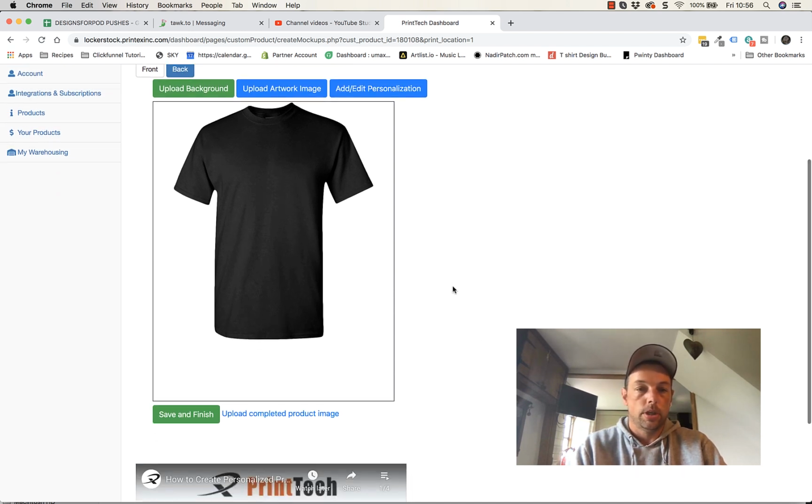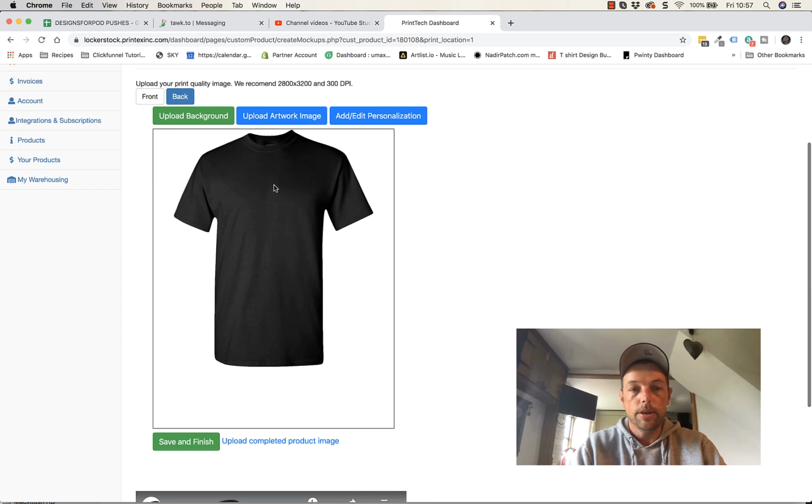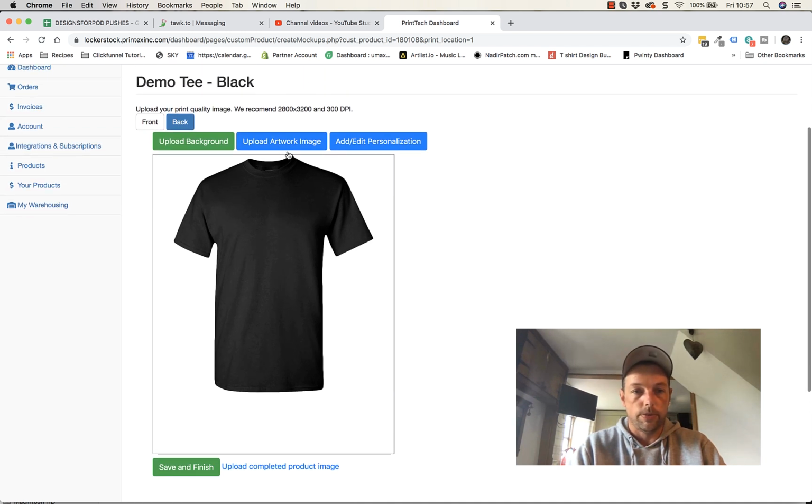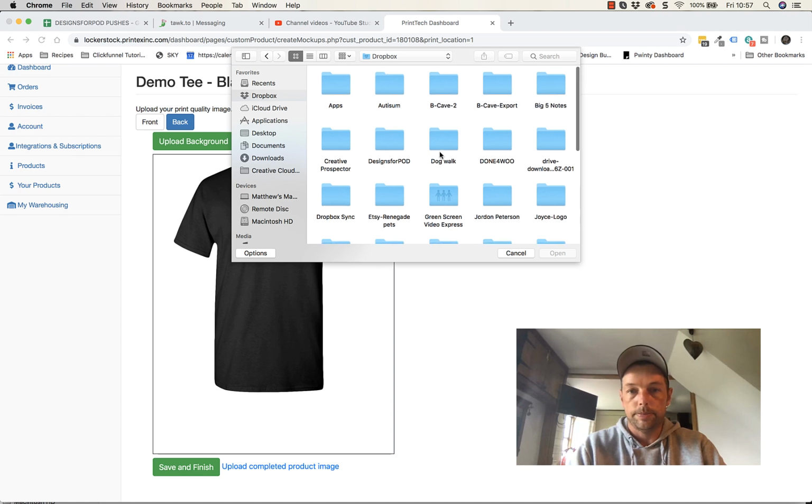With non-personalized, I like to do it this way, by going down here and clicking upload completed product image. And what that means is I can add my own mock-up in there. The other way I could do it is just click, in fact let me do it this first way first. So I'm going to click upload artwork image, and I'm going to find a